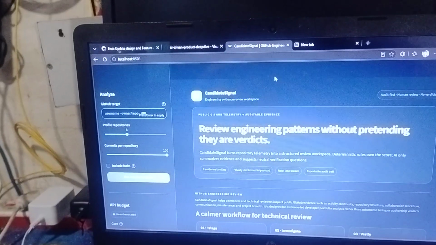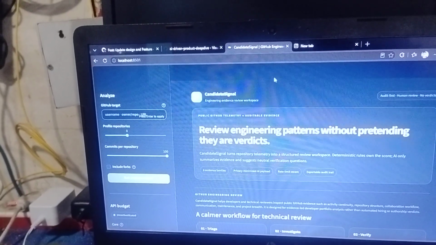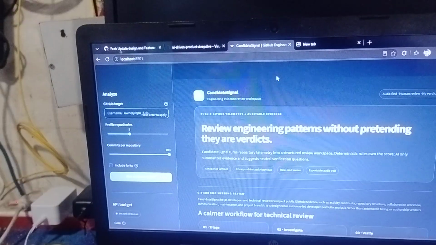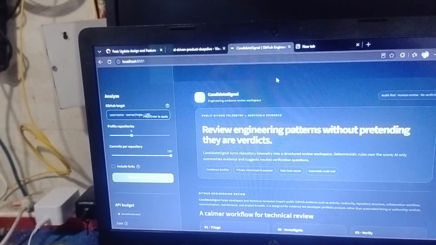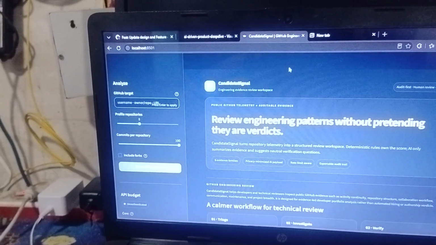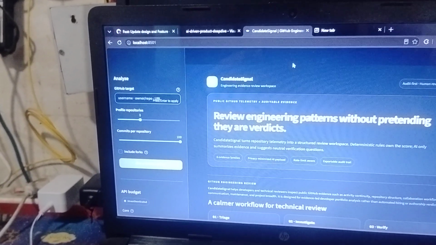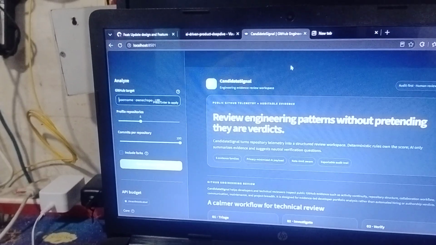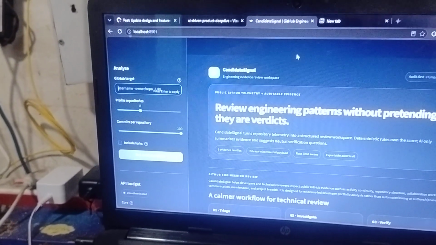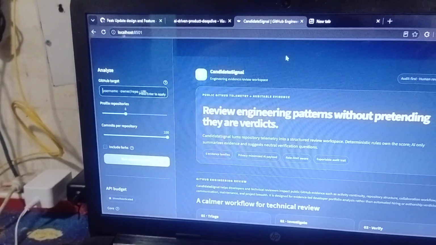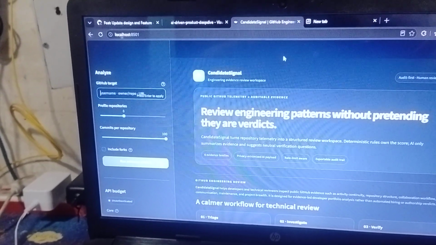I built CandidateSignal as an AI assistant, an engineer evidence review platform that turns public repos and telemetry into an engineer pattern portfolio and profiles. So the problem is not lack of data. The problem is